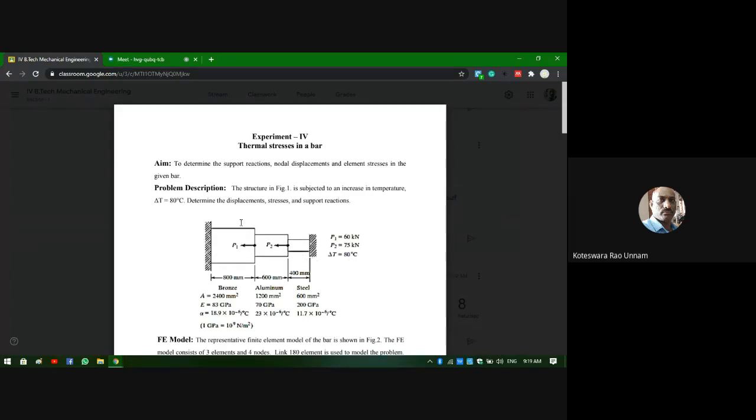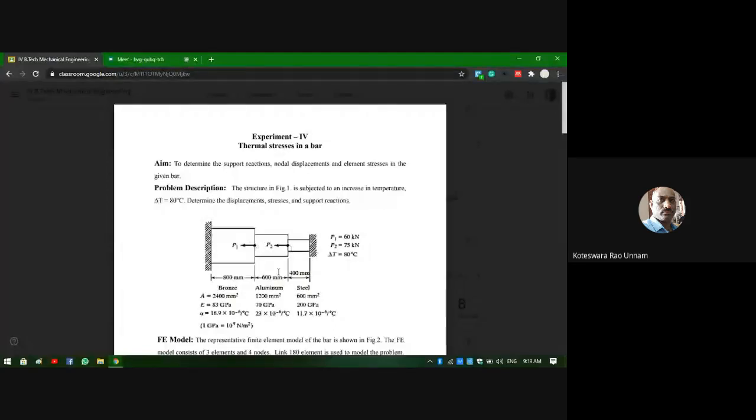But what you are going to learn in this exercise is how you can apply different material properties, because this bar is made of three sections having three different materials. He has mentioned that the first section is bronze, the second one is aluminum, and the third one is steel. Also, in the earlier problem we considered a uniform bar, that means the cross section is the same throughout the length. Whereas in this particular problem, it is a stepped bar. That means the bar is made of three steps having three different cross-sectional areas.